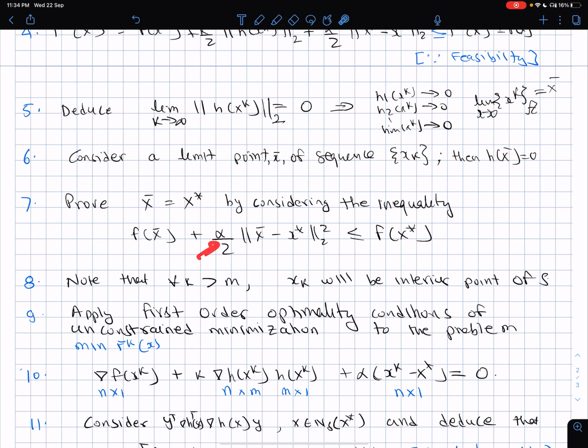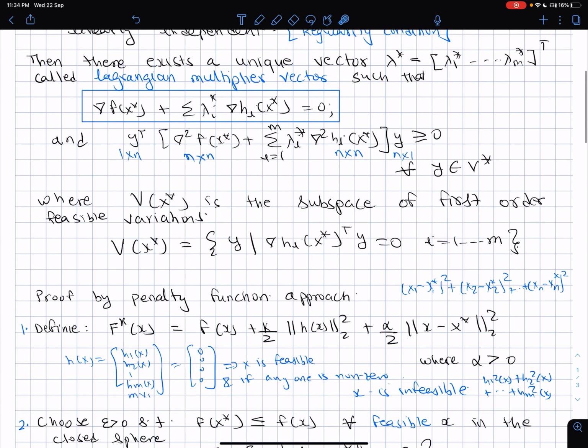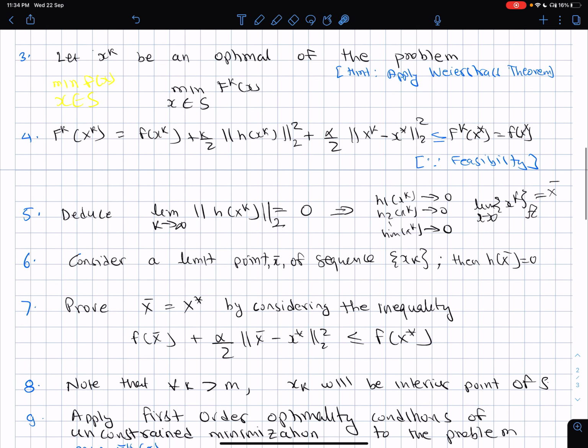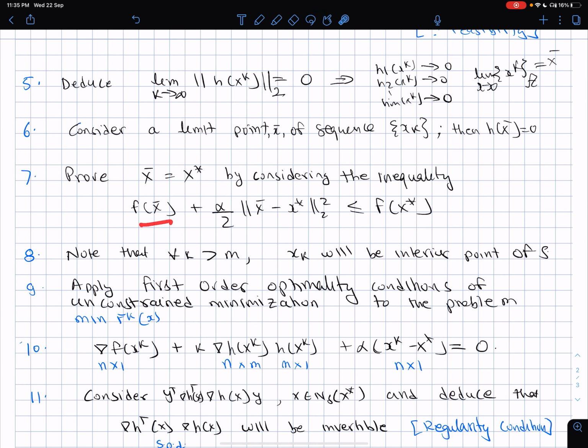And that's the role of this technical penalty term, the additional term that we had put. But alpha can be very, very close to 0, so it has otherwise no impact. Now we have proved that x bar is equal to x star. And once x bar becomes equal to x star, this term does not contribute anything to the objective function value also. So now we have shown that a limit point exists, and any limit point is nothing but x star only. So there is only one limit point, and that limit point is x star.